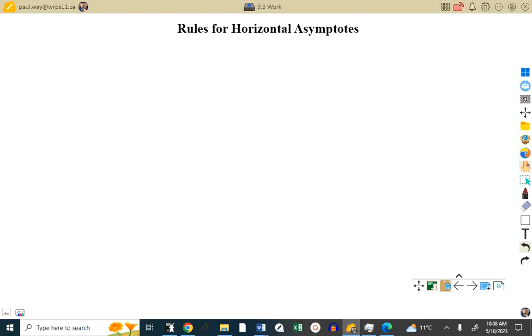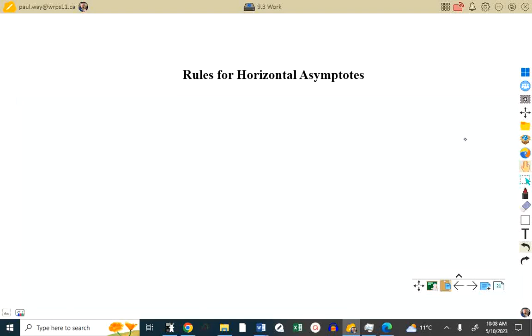You'll notice if you look at the first function that the highest degree term on the top is 2. It's a quadratic polynomial on the top. And the highest degree term on the bottom is degree 1. It's a linear. And the rule, and this is in your notes,